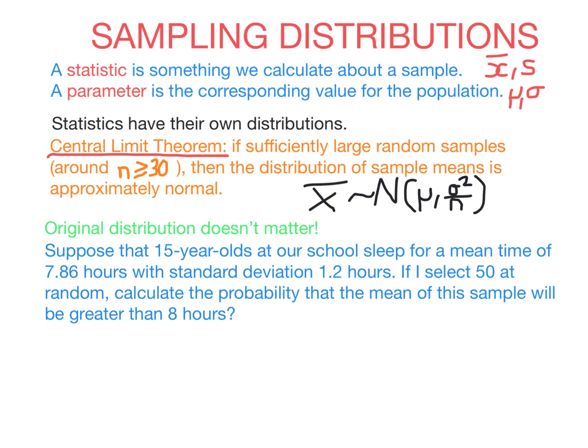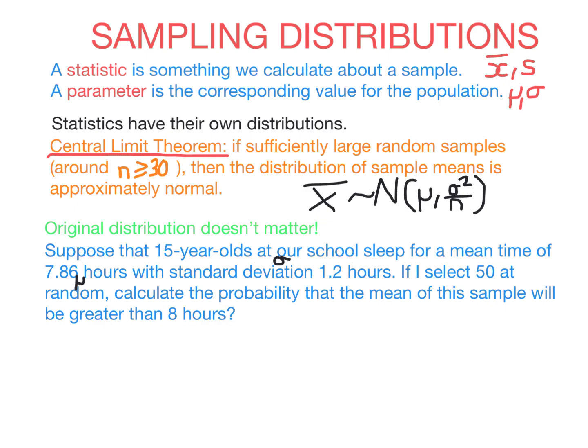Let's look at a question like this. Suppose that 15-year-olds at our school sleep for a mean time of 7.86 hours. Because we're assuming that this is the mean of everyone at the school, 7.86 here is mu. And we're assuming that the standard deviation is 1.2 hours. Here that is sigma because it's the population. It refers to everyone at the school. If I select 50 at random, calculate the probability that the mean of this sample will be greater than